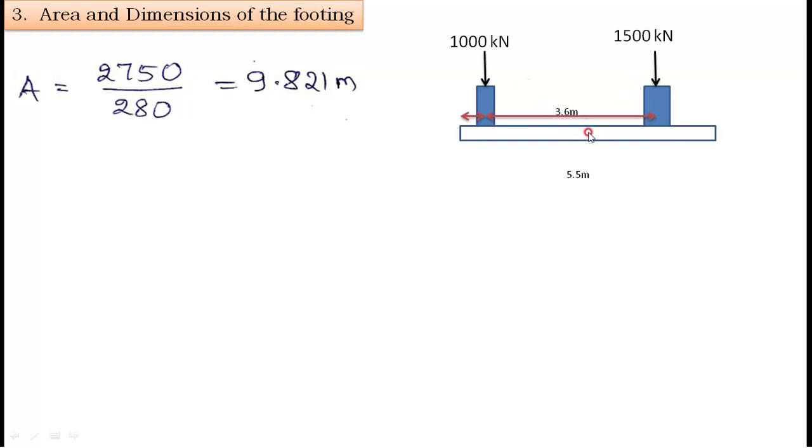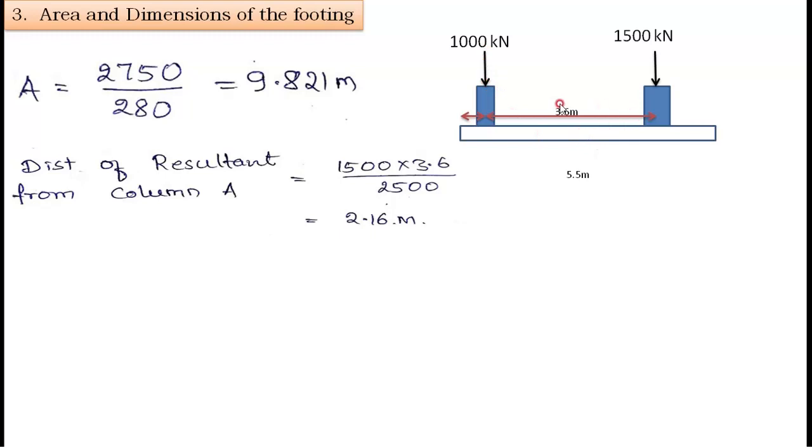If the CG of the load is acting at this point, then that point and the CG of the rectangular shape of the footing should coincide with each other. If the CG of the loading and the CG of the rectangular footing are at one point, then we can say it is a concentrically loaded combined footing. Therefore, while proportioning the footing we need to consider that. So first we will calculate the CG of the loading point where it is acting.